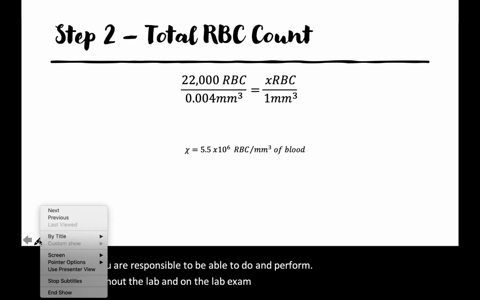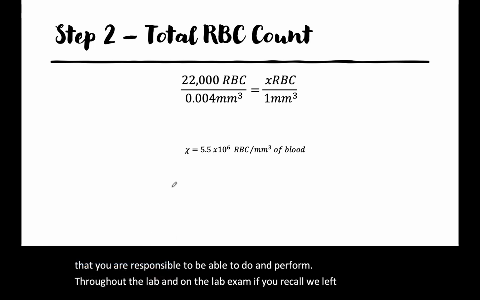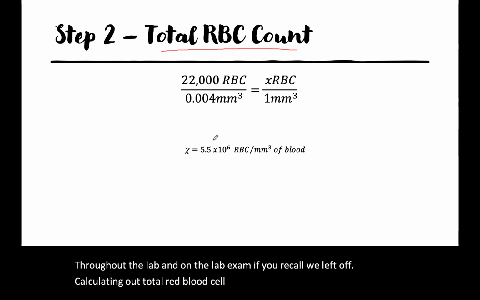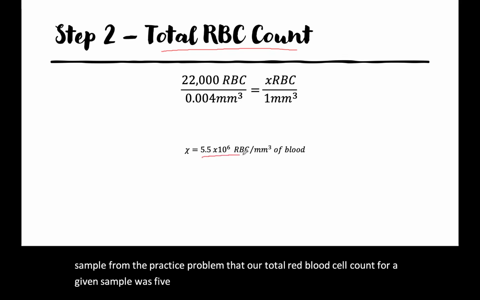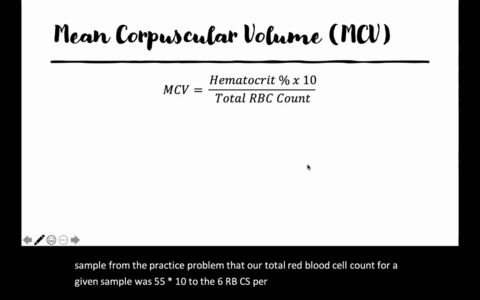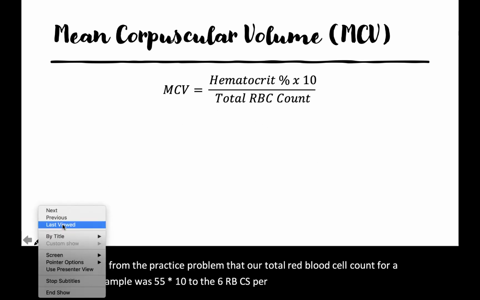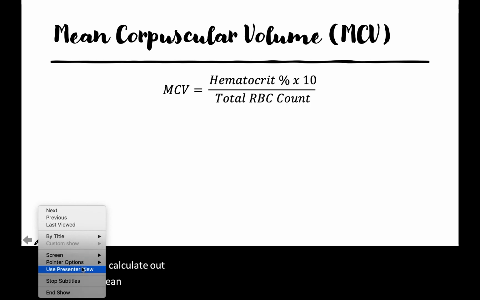If you recall, we left off calculating our total red blood cell count, and we said based off of our sample from the practice problem that our total red blood cell count for a given sample was 5.5 times 10 to the 6 RBCs per millimeter cubed of blood. And we're going to use this value to help us calculate the mean corpuscular volume